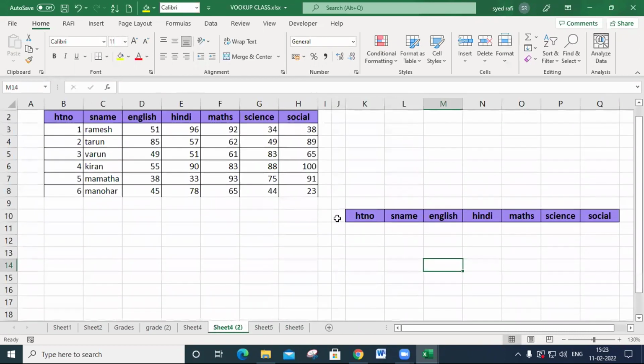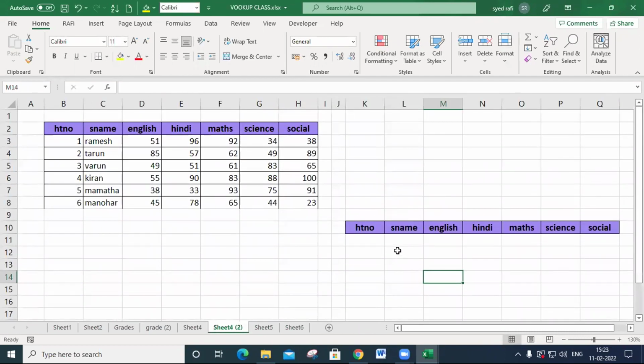In the same example I take here, I need to combine these two. VLOOKUP and match make a fully dynamic lookup. By combining these two, VLOOKUP and match, which makes it fully dynamic, I will show you. So here, each and every time I enter the column numbers.